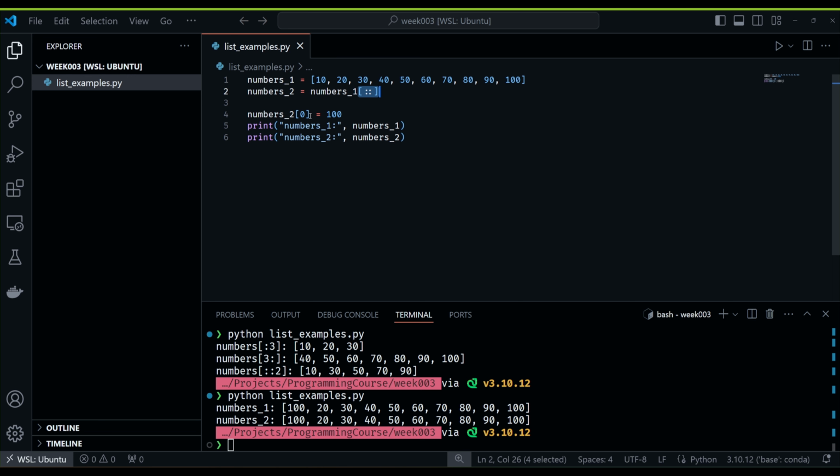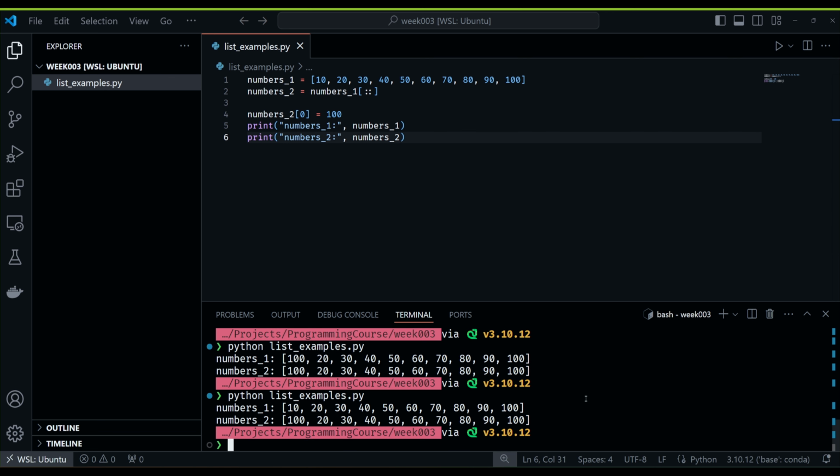And now if we change the first element of the numbers 2 list, we will not affect numbers 1 in any way. So let's execute it. And you can see that if we utilize the slicing, then the result has another behavior. And it's very important because